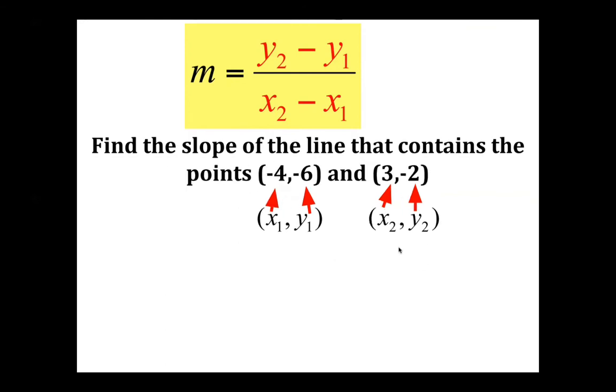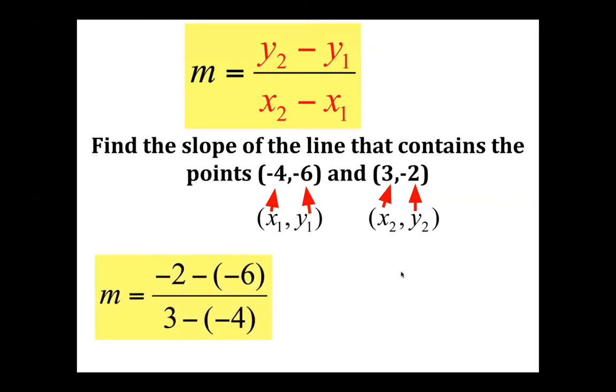Okay, another example. Find the slope of the line that contains the points (-4, -6) and (3, -2). I'll assign (-4, -6) as my first coordinate, so x1, y1, and then (3, -2) as my second ordered pair, so x2, y2. Go ahead and plug it in, and make sure that you're accounting for the negative in front of your values. The equation is set up as y2 minus y1. So make sure you're putting your negatives in parentheses so that you do not confuse yourself when you're working this out. So your -2 minus -6 would cancel, and that would give you -2 plus 6, and that would give you